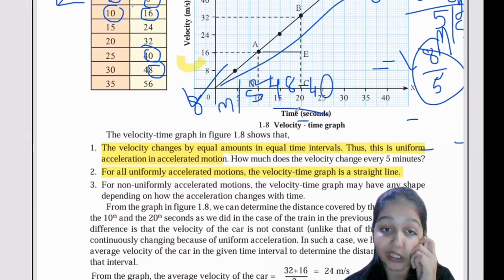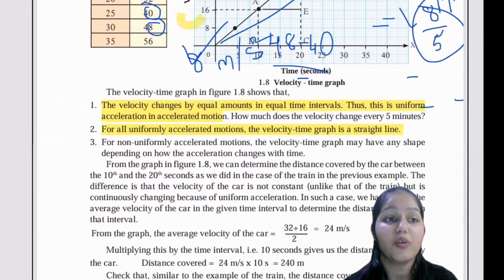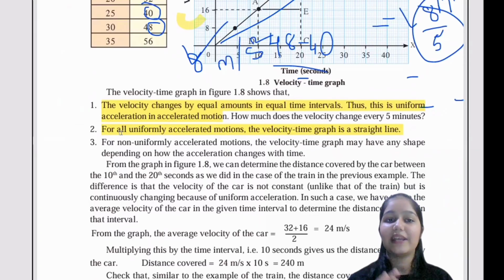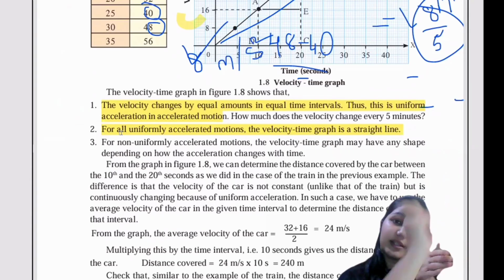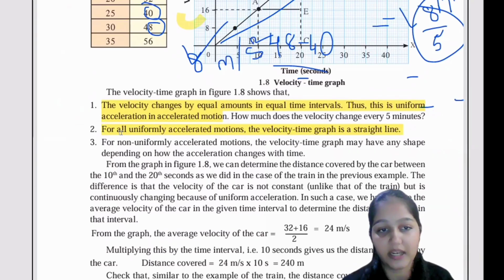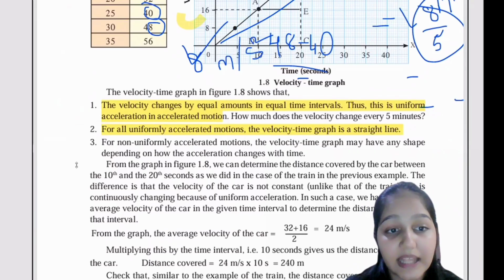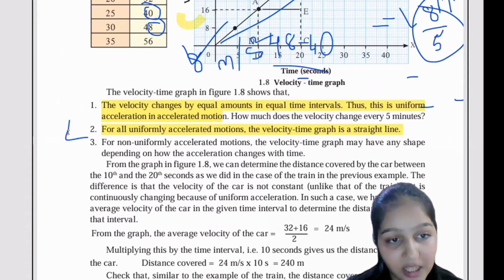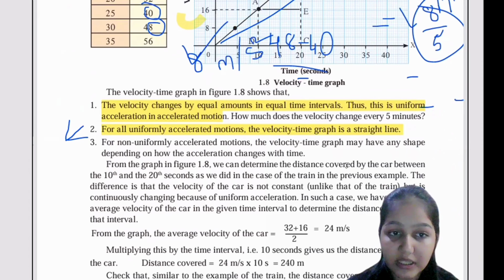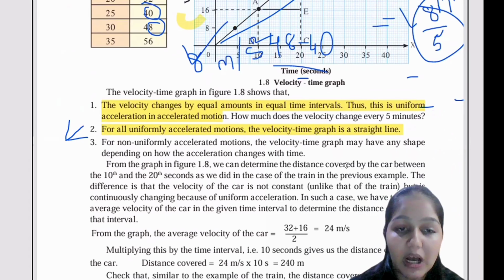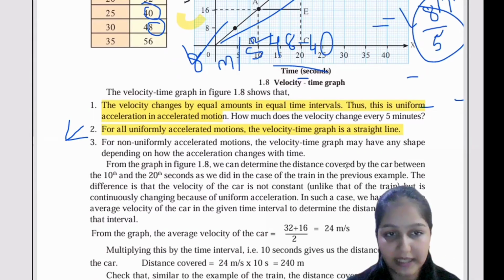I will give you a quick recap. Don't worry about this. Now here, what is the most important point they are saying? Whenever there is uniformly accelerated motion, whenever uniform acceleration comes, the velocity-time graph will be straight. I hope you are understanding. This just represents that whenever there is equal acceleration, the velocity-time graph will be like this. I hope you have understood this. Please make sure that you mark this and write or draw this beside your diagram, the sentence, sorry.